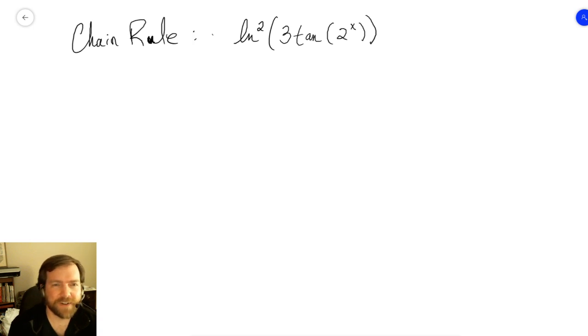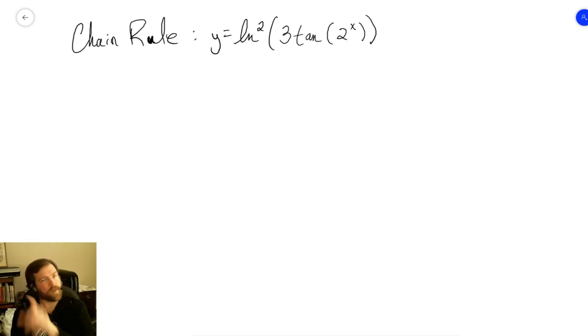So if we wanted to find the derivative of this thing, then basically we're looking at what kinds of functions we have here that are nested inside of each other. Or, if you remember your pre-calculus, what kinds of functions are composed with one another? So if you remember your function composition, great. If you don't, you're going to be okay, but it's going to hurt a little bit. So what we've got on the very outside of all of this is a natural log that's being squared. So really, at its most fundamental layer,